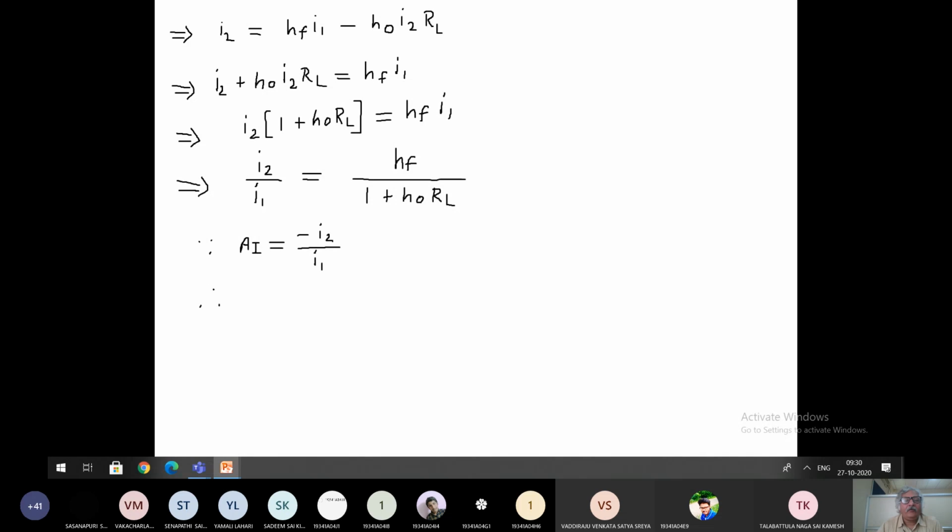Therefore, this is third and we call it as fourth equation. This is fourth, right? Therefore, from third and fourth,